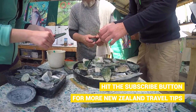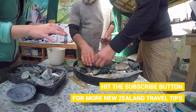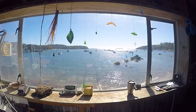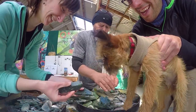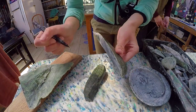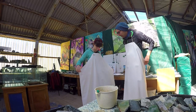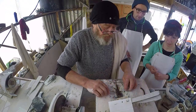Jade carving is a tradition in New Zealand where usually you gift your jade pendant to someone else, and that's exactly what we're going to be doing today. We're going to be carving each other some jade pendants, so the pressure is on. After picking our jade, which we're going to be carving, we are then doing our design. So we're going to be doing a more traditional design, which is called a toki, and this is a long chisel shape. Dave is getting rid of some of the excess on our stones,